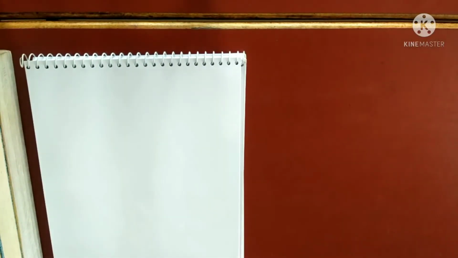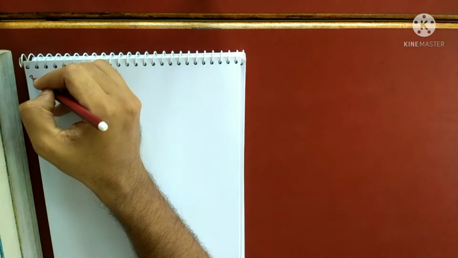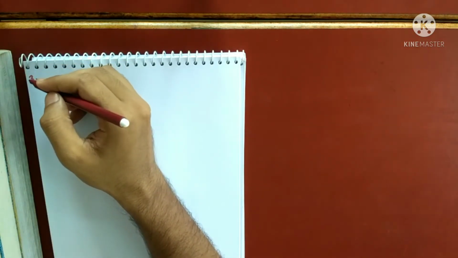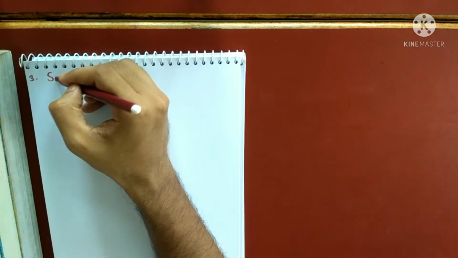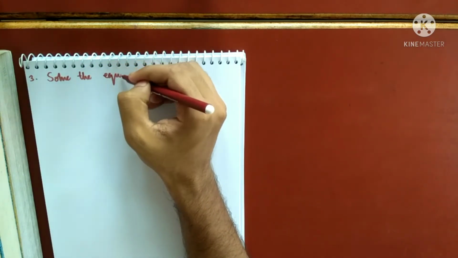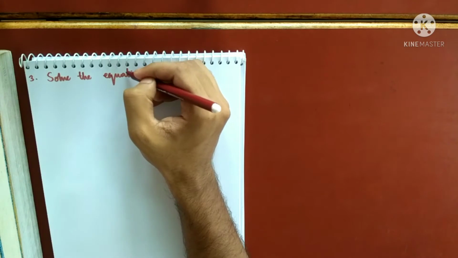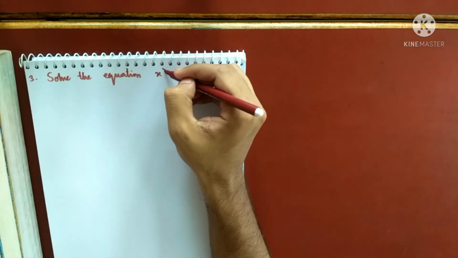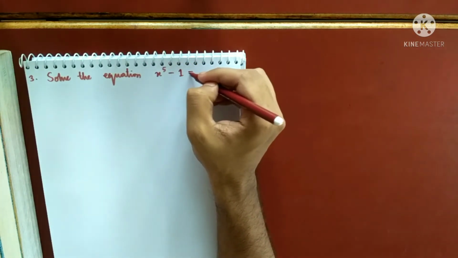Okay, so we were doing binomial equations. I have one last important sum on binomial equations, maybe I'll call this 3. The question is this: solve the equation x to the power 5 minus 1 equals 0